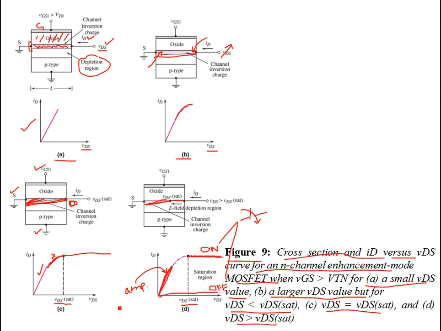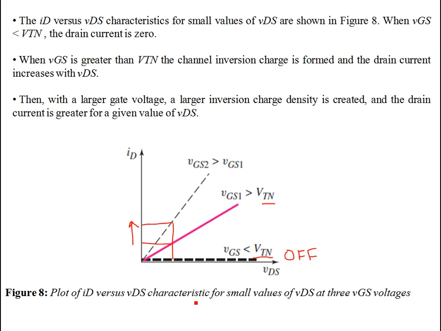This is figure 9, the characteristic curve of the transistor. Either you have the transistor in the off state if VGS is less than the threshold voltage, or, if VGS is greater than the threshold voltage, then for a certain VDS you have ID. But as you go on increasing VDS, a point comes where the slope starts to drop and then stays constant. This is the point we call VDS sat,